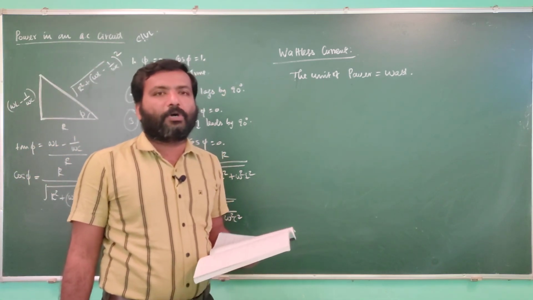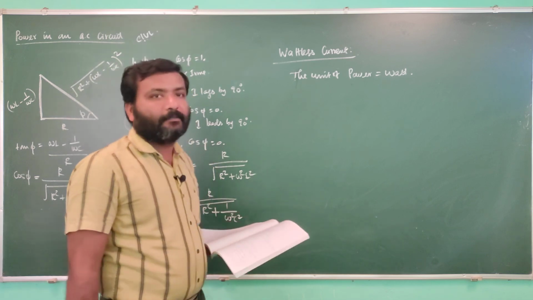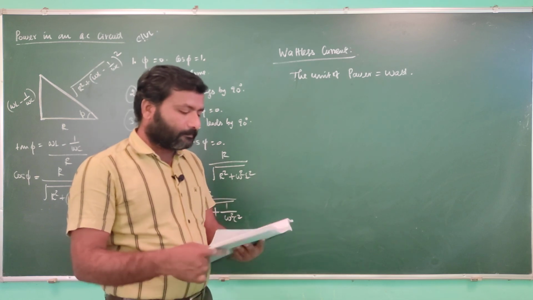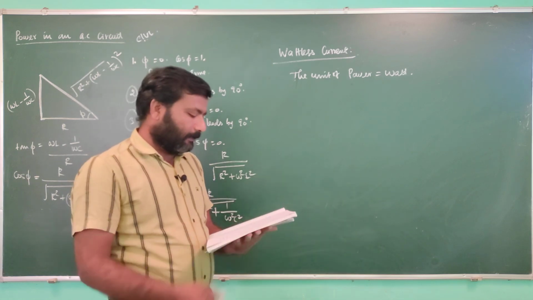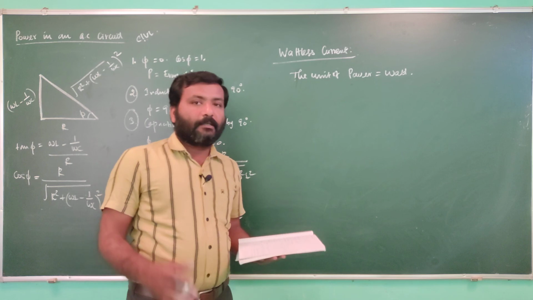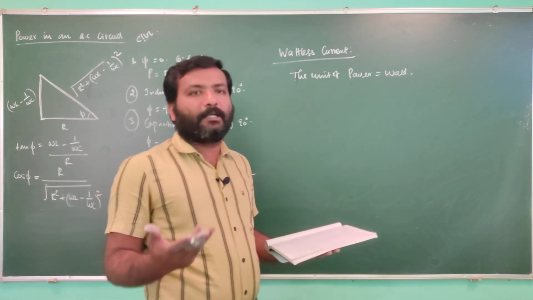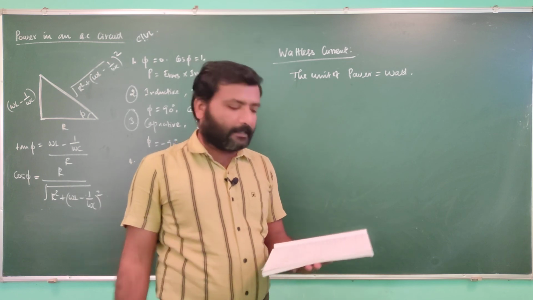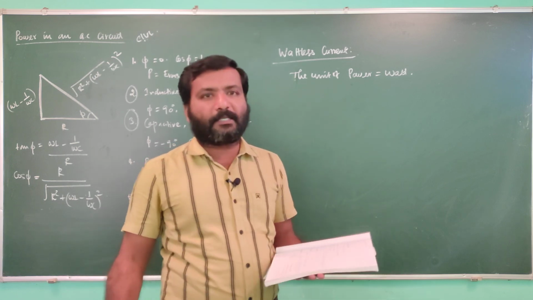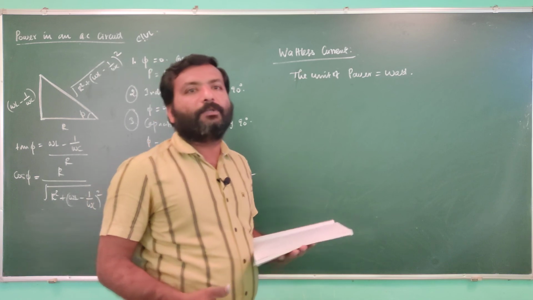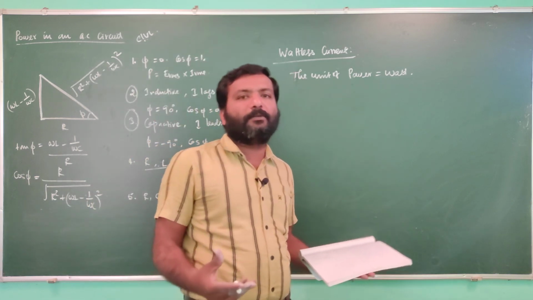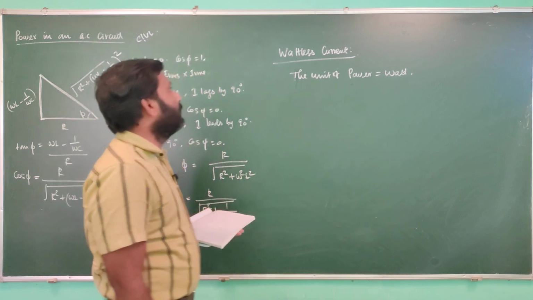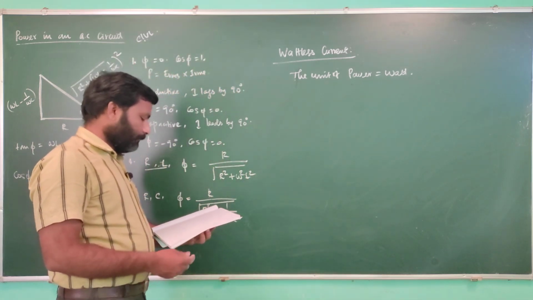In those cases, whenever the power is equal to 0, the current flowing in that circuit is called wattless current. This wattless current you can say is a useless current, because when there is a wattless situation, you cannot do any useful work with that current in the circuit, because the circuit draws no power. If there is no power drawn into the circuit, then the circuit will not perform any useful work. So this is the basic idea of wattless current.